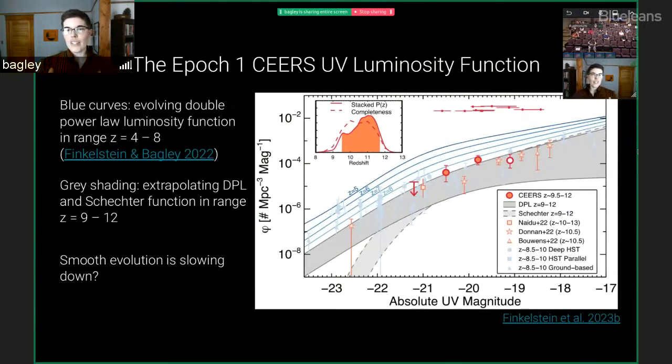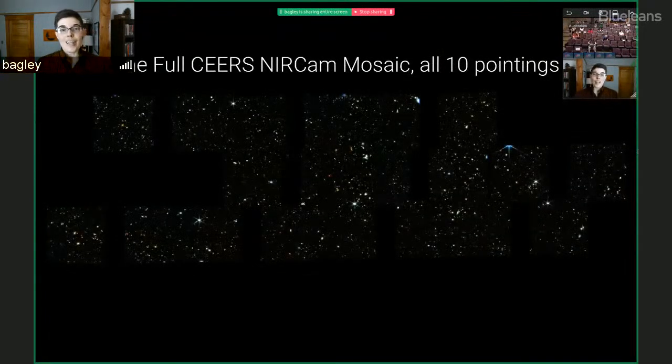And what we see here is that the SEARS data points, even though in the inset graph we can see that the P(z)'s are peaking around redshift 11, really exist at the upper envelope of what's expected for redshifts 9 to 12. So this could be evidence that we're seeing this evolution in the luminosity function just really slowing down as we get to these redshifts. Then in December, we got the rest of our 6 pointings, and so here